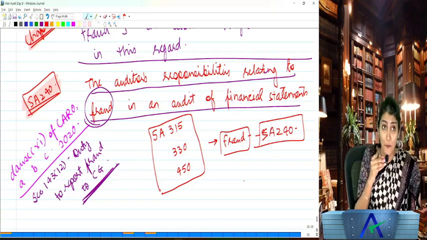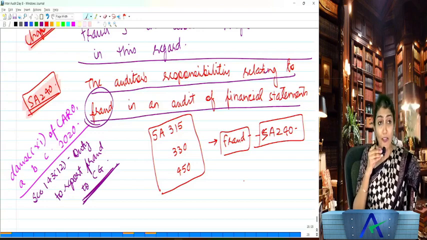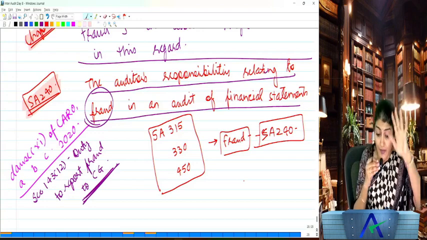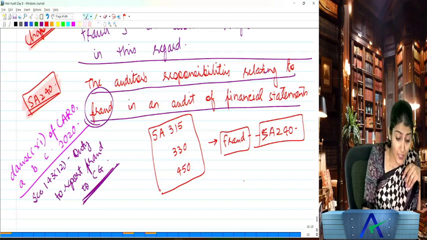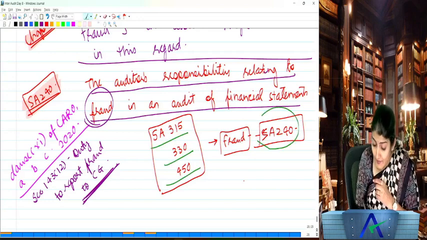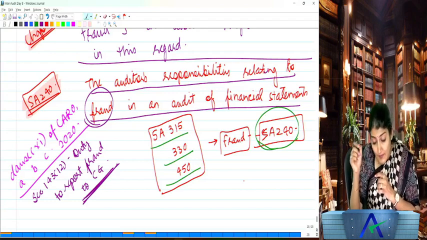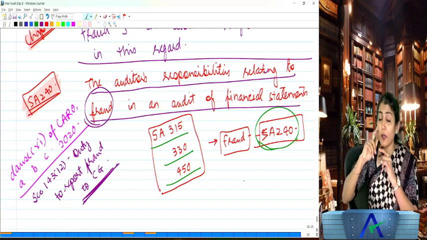But in Shoppers Stop, can I find Louis Philippe and Van Heusen and Arrow and all these brands together under one roof? Right. So 315, 330, 450 is like Shoppers Stop, and 240 is like the Levi's outlet. You understand? So what is discussed in 240? Give me a good answer.